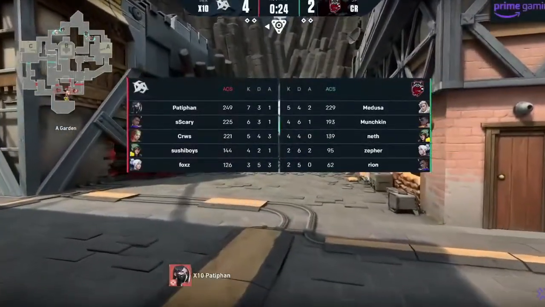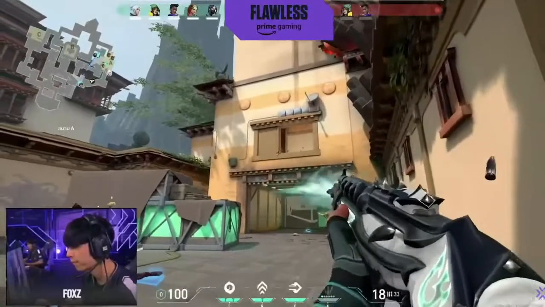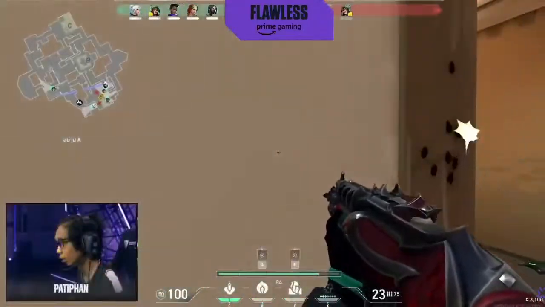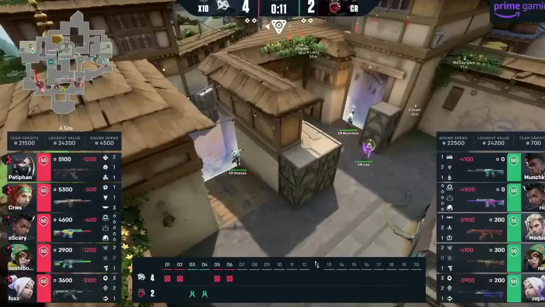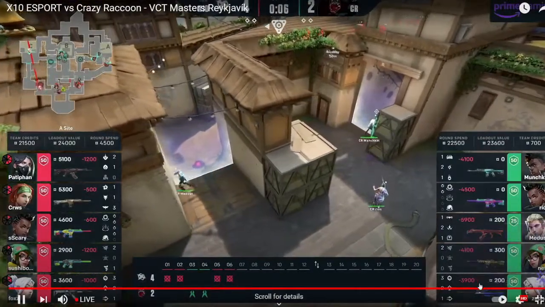And coming into this buy round, it's very important for Crazy Raccoons to get on the board and do it relatively convincingly. Because, yeah, as we see, that was a Prime Gaming flawless round from X10. Yeah, the best you can get. I think for them especially, after what was some, as said, shakier rounds that ended up slipping away from them